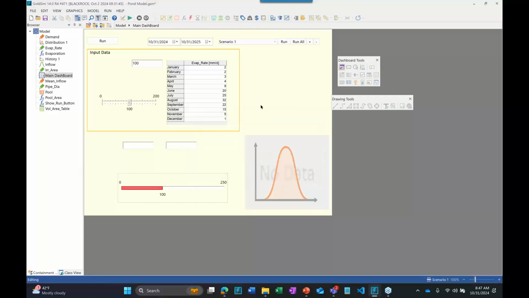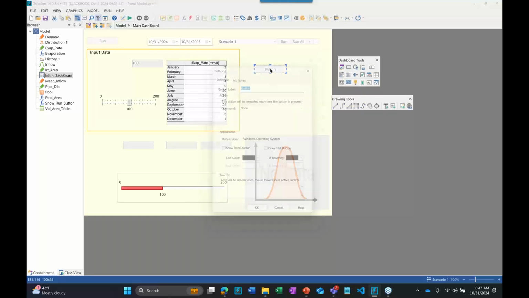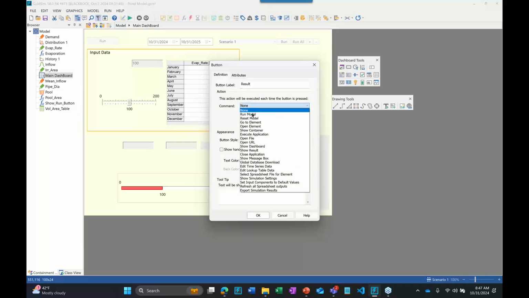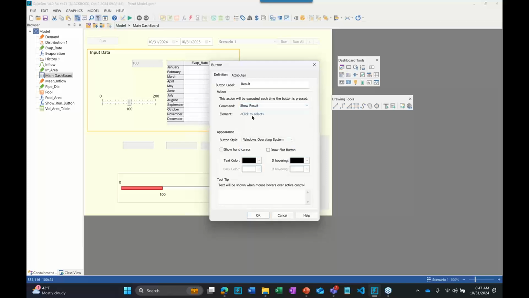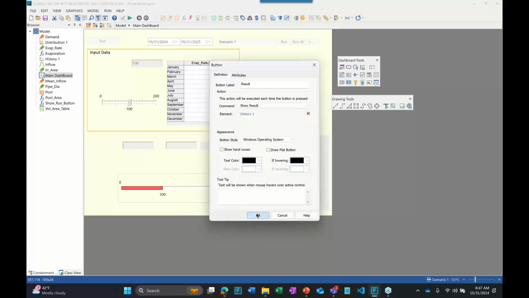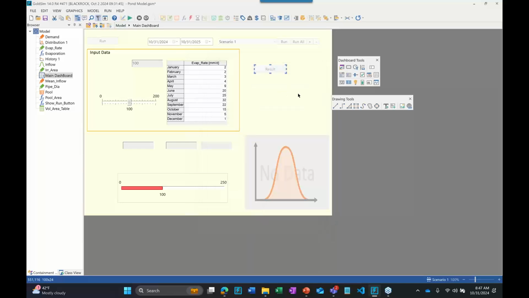So let's add a button here. Go back into edit mode. Let's add a new button. We'll put it right here and we'll call it result. And then, actually, it's called show result. And that will go to our time history like that. And so now when we run the model,